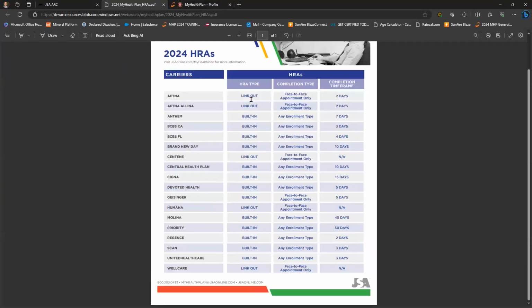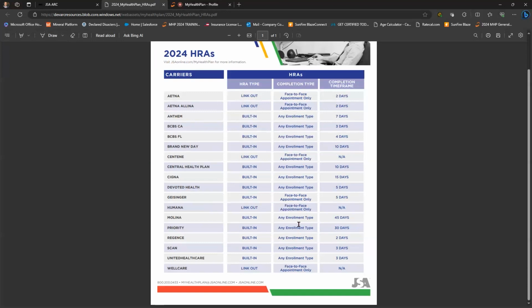Now for Aetna, it's a link out, meaning you need to meet with them face-to-face in order to complete that enrollment. Anthem is built in. You can do any type of enrollment and you have 7 days. So definitely look up whether or not you need to be meeting with them face-to-face to complete the HRA,